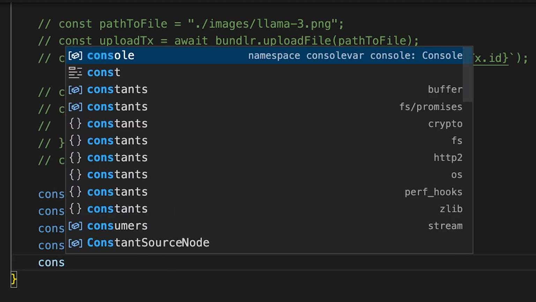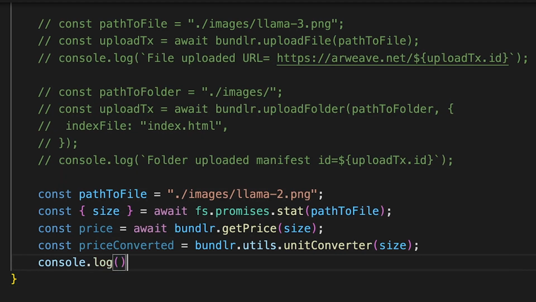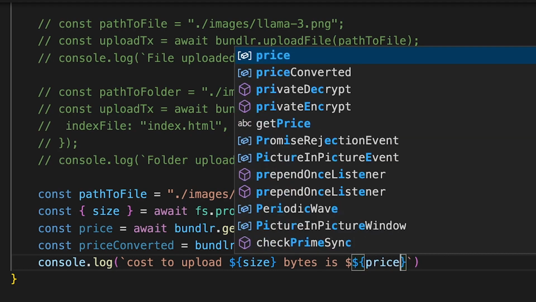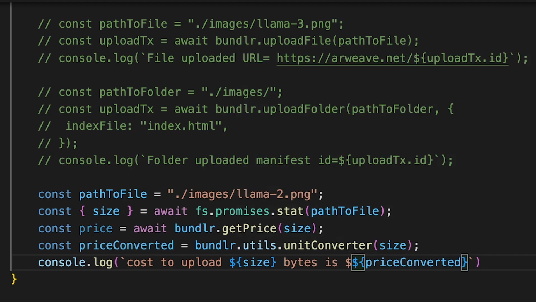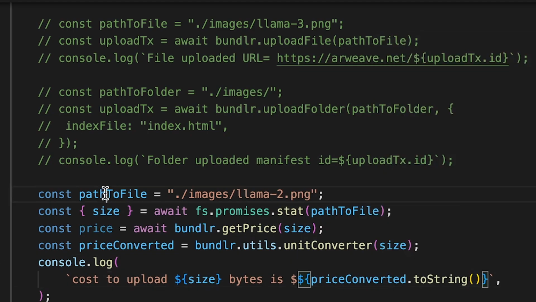Okay, cool. Console.log cost to upload size bytes is price converted to string. Beautiful.